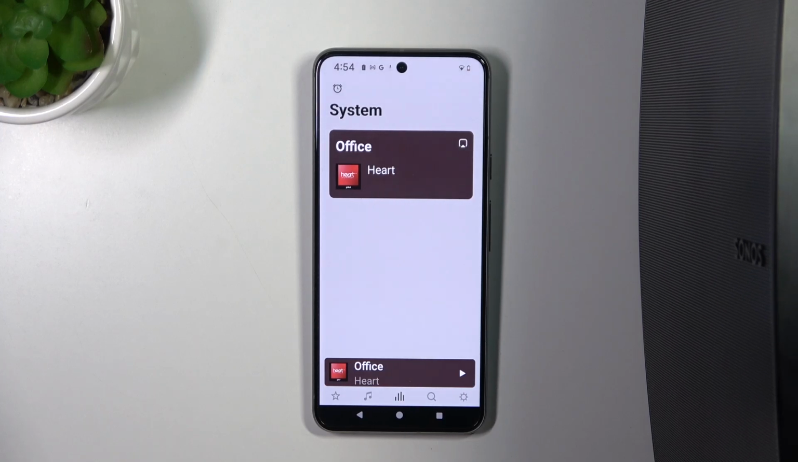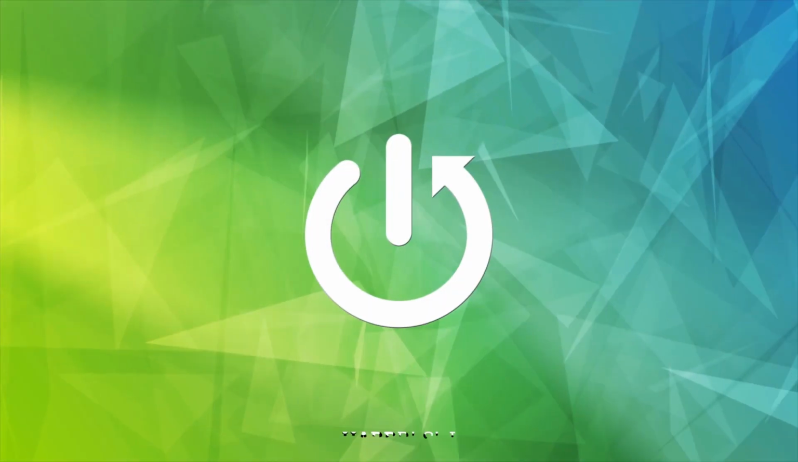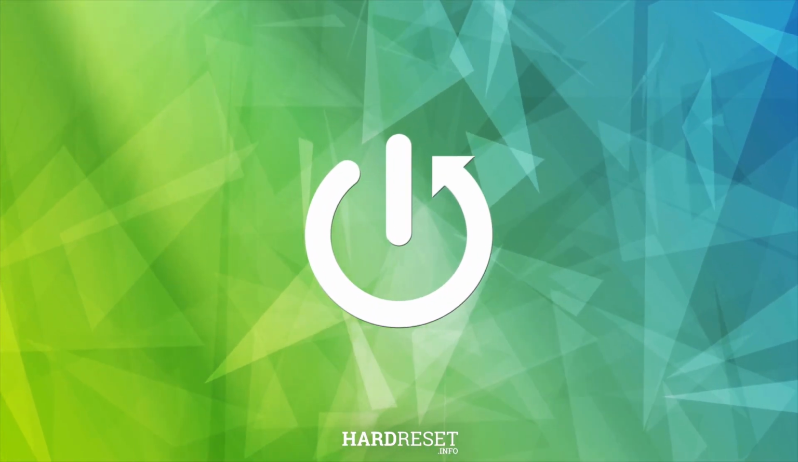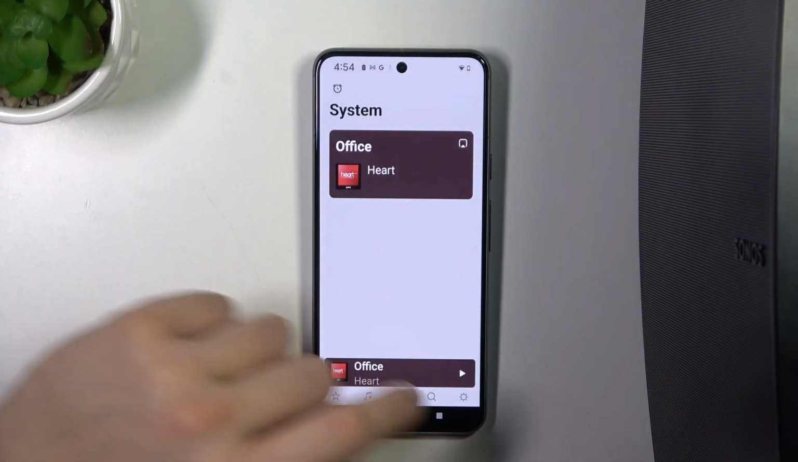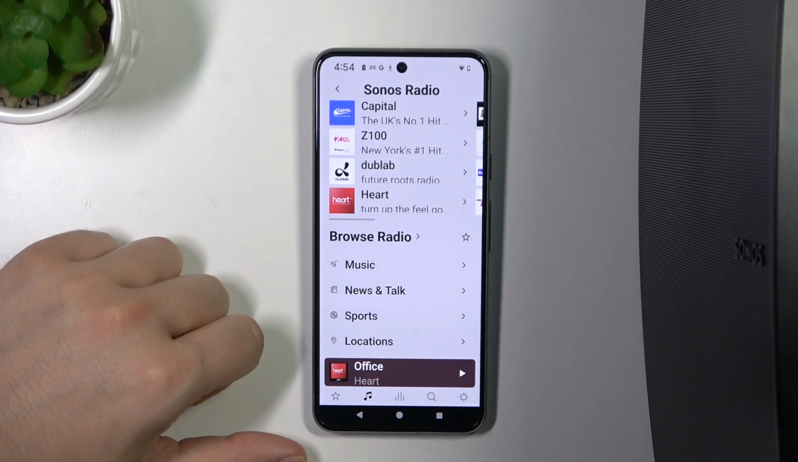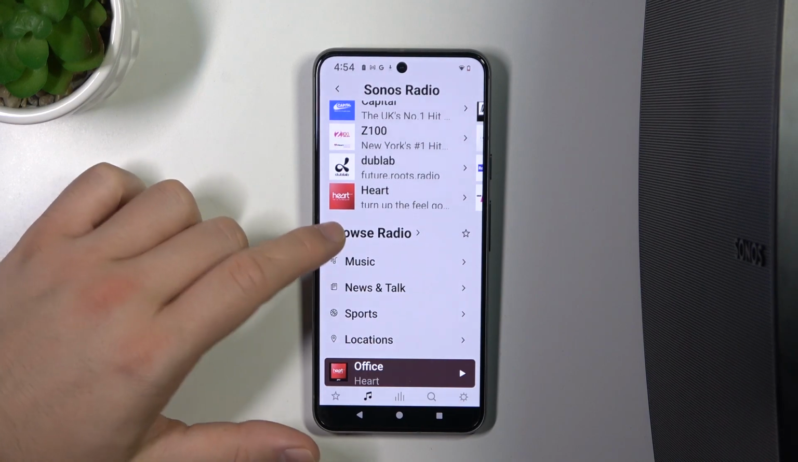Hello, in this video I'm going to show you how you can find your favorite radio station using Sonos Era 5. And to do this we have to open this icon in the application, and for example we can find the